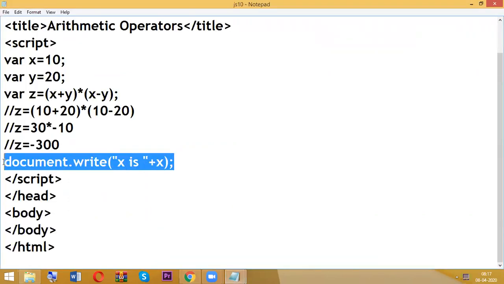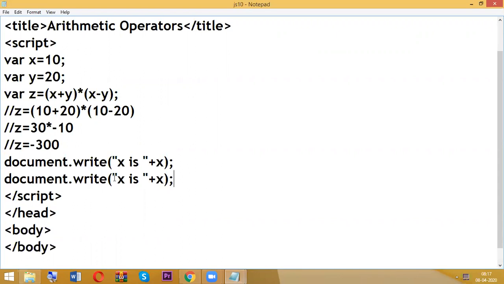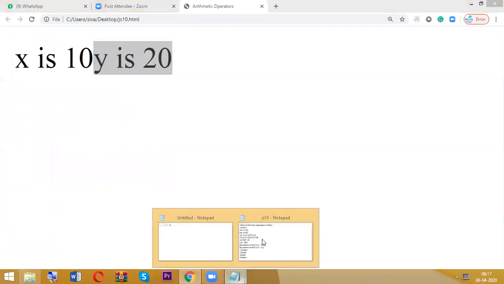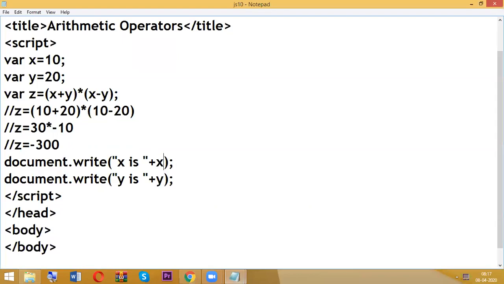So next, as usual, y is 20. I want to display it in a new line. So for that, BR. Right now only x is enough, but I want to display z also.